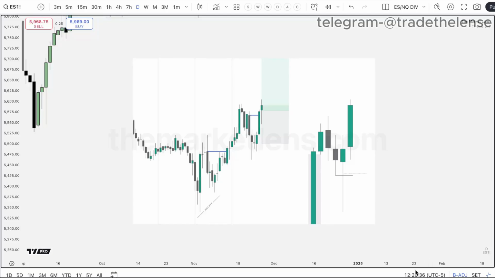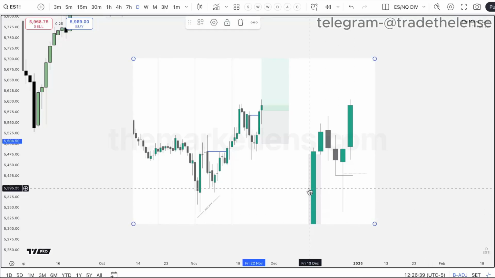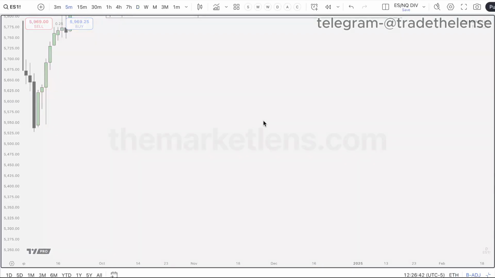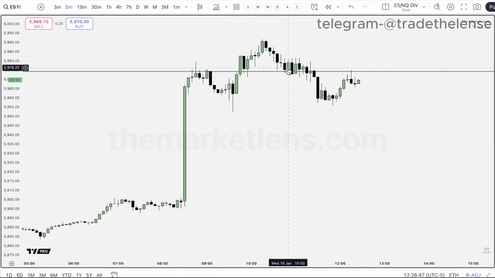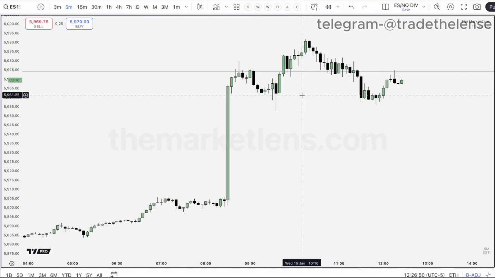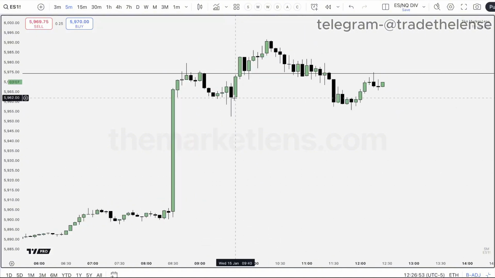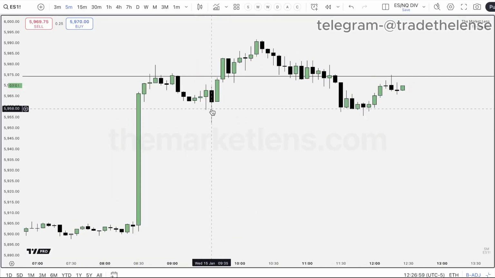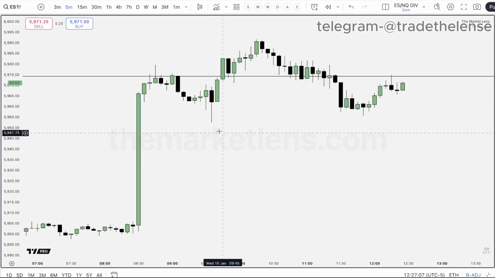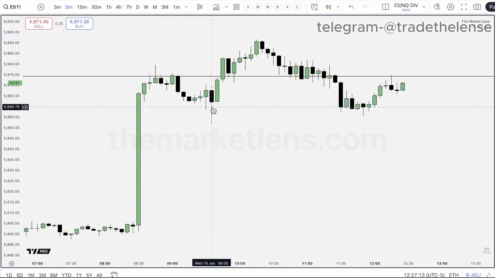I think you're probably getting overwhelmed because maybe you're using a 5-minute chart. Let's say you're sitting here and watching every single one of these candles form. Yeah, that's probably going to get overwhelming. Instead you could just set a timer to go off every 5 minutes and then see what happens. Instead of watching this candle go boom, boom, boom, finally close here, I'll just check the chart at 9:40 and say, oh, it closed back inside, cool. I don't care about 9:36, 9:37, 9:38, 9:39. I just care about 9:40.